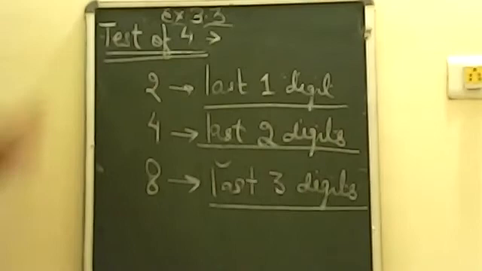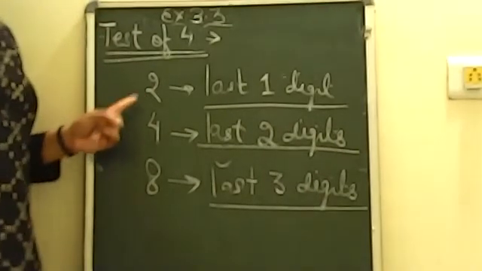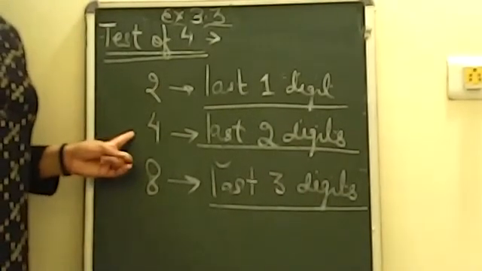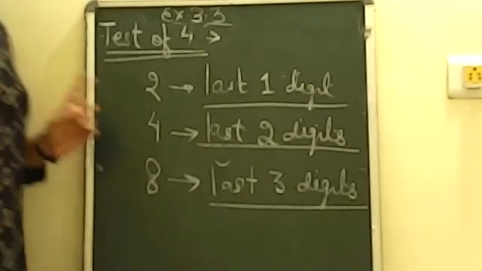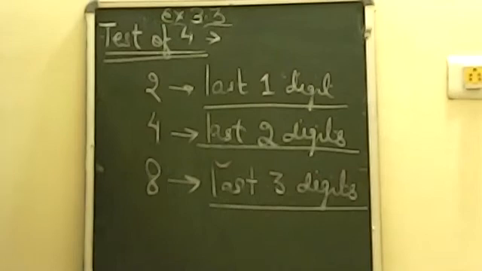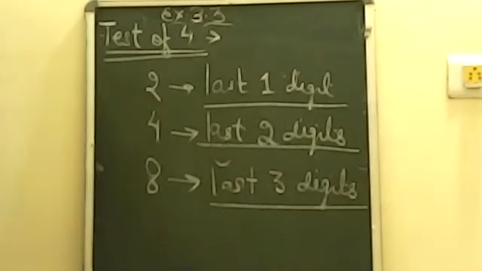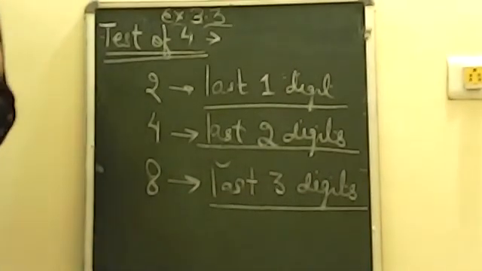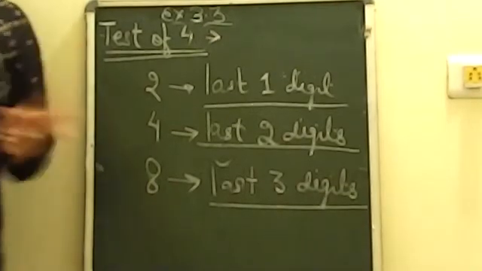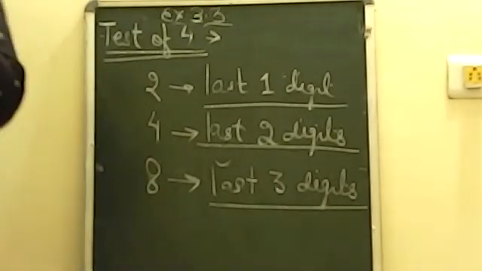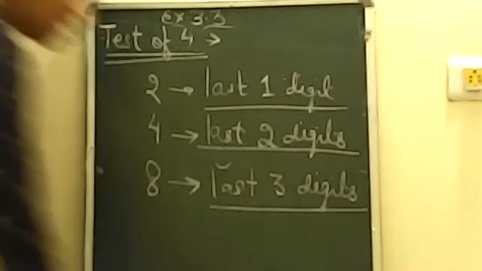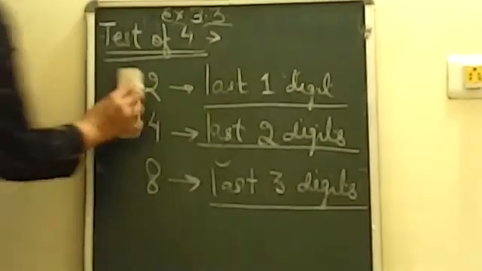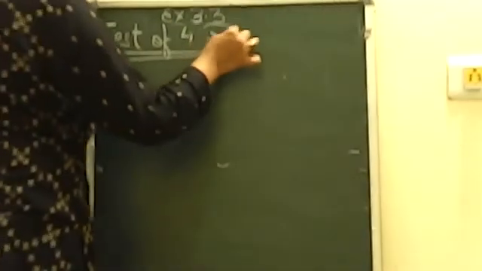Absolutely right. So remember, when we do the divisibility test of 4, we underline the last 2 digits. ठीक है, बेटा, हम last 2 digits को underline कर लेते हैं, and after that we check whether the number written in the last 2 digits is divisible by 4 or not. ठीक है, I am just giving you an example. Look at here. Let all of you write this down.